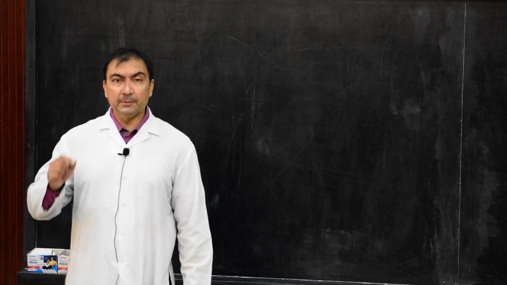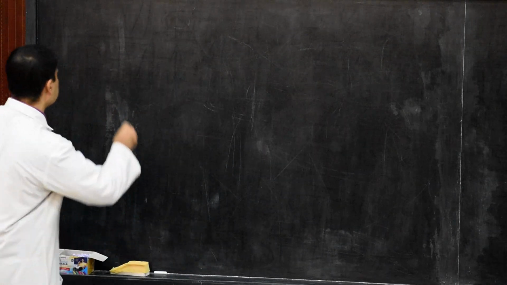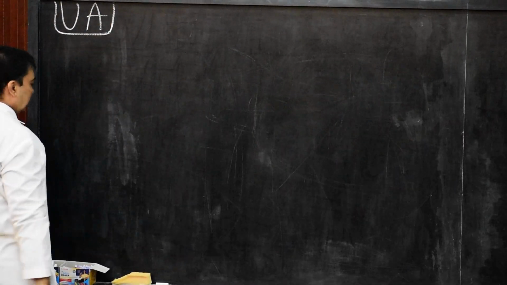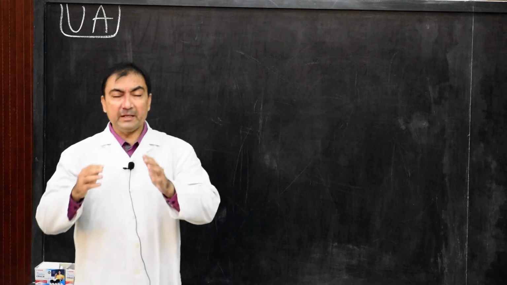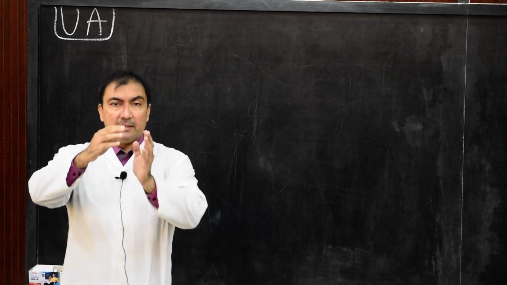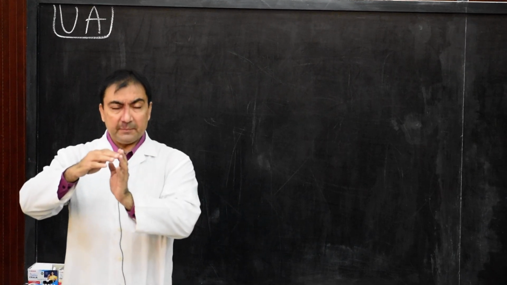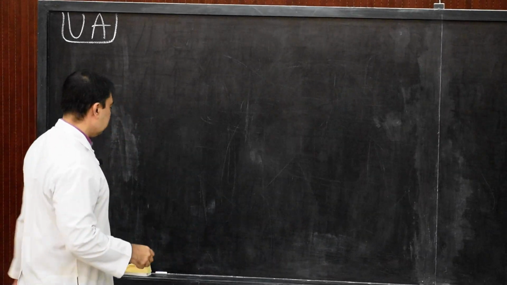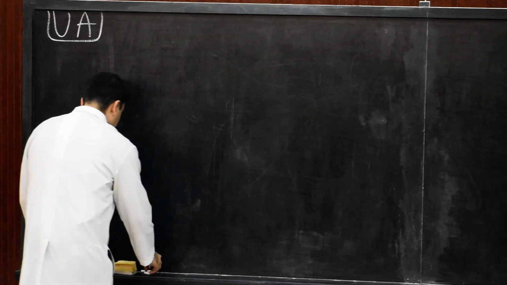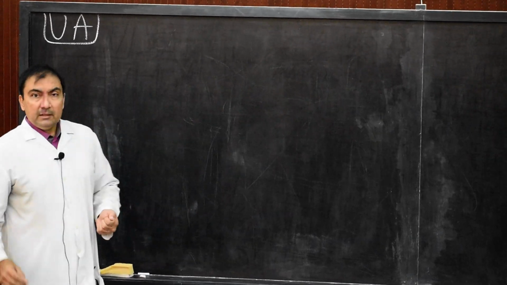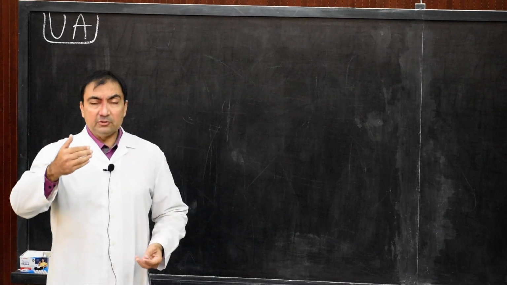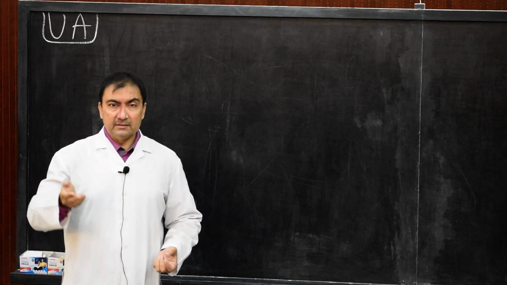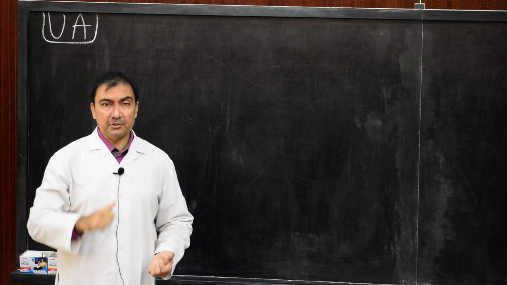Good morning, students. Here we come up with the gross anatomy of the ulnar artery. First, the ulnar artery is a branch of the brachial artery. This branching will take place exactly 1 centimeter below the bend of the elbow, or else the ulnar artery will take its origin from the brachial artery exactly at the level of the neck of the radius, similarly as we had seen in the discussion of the radial artery.